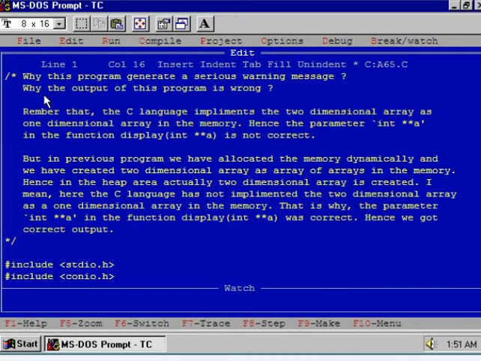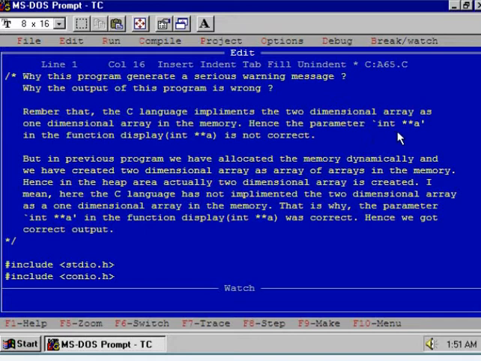Now the question is, why does this program generate a serious warning message? And the second question is, why is the output of this program wrong? The answer is, the C language implements the two-dimensional array as a one-dimensional array in the memory.